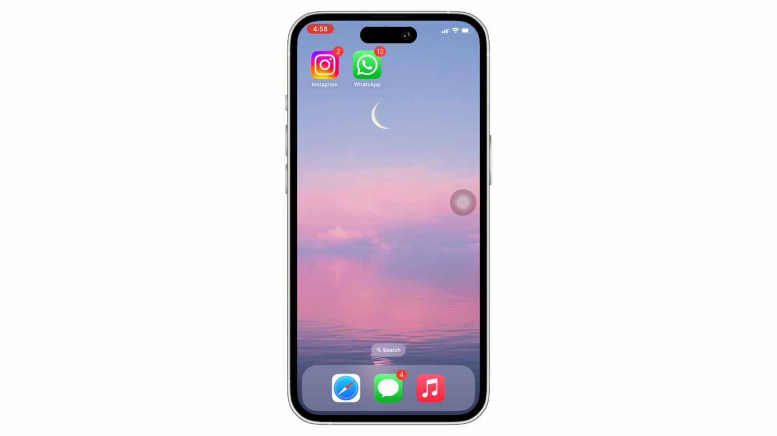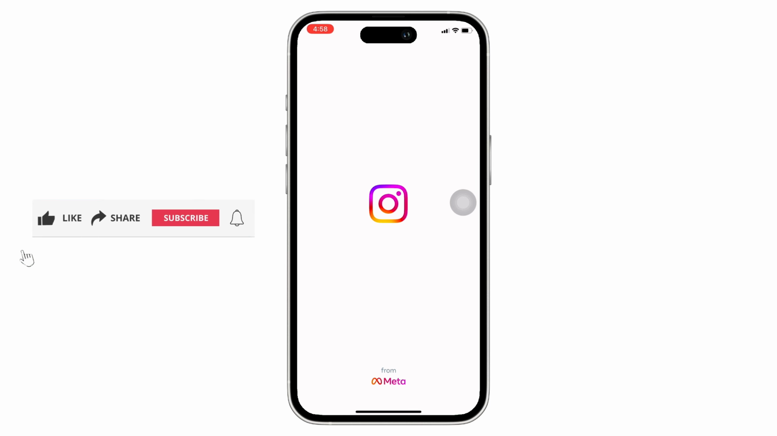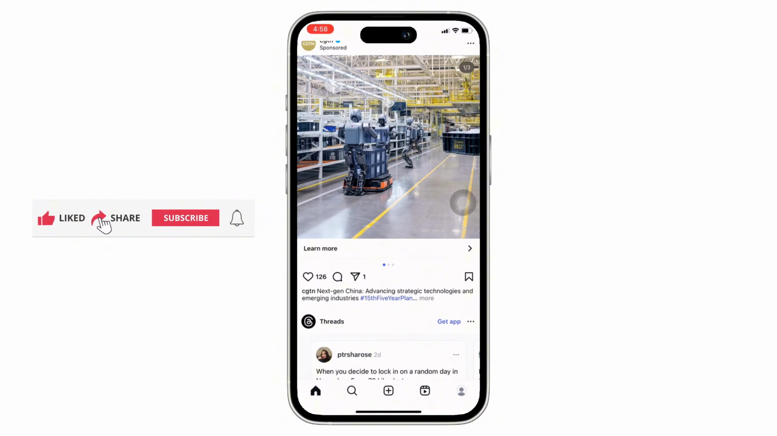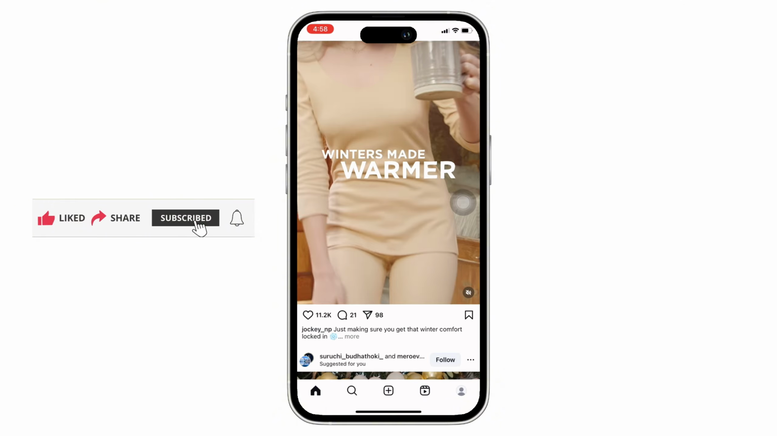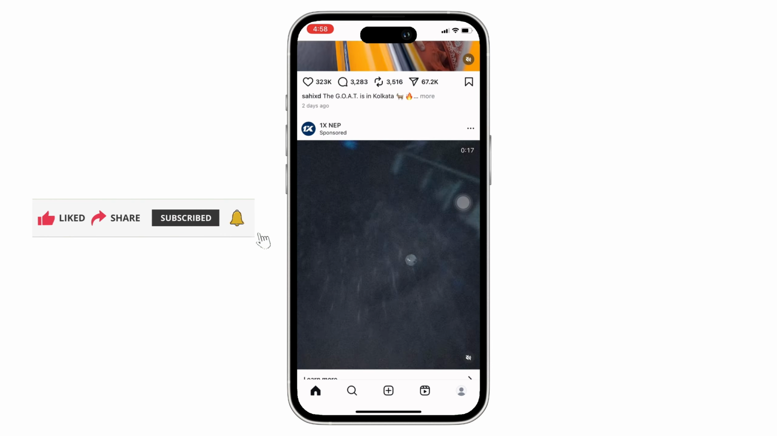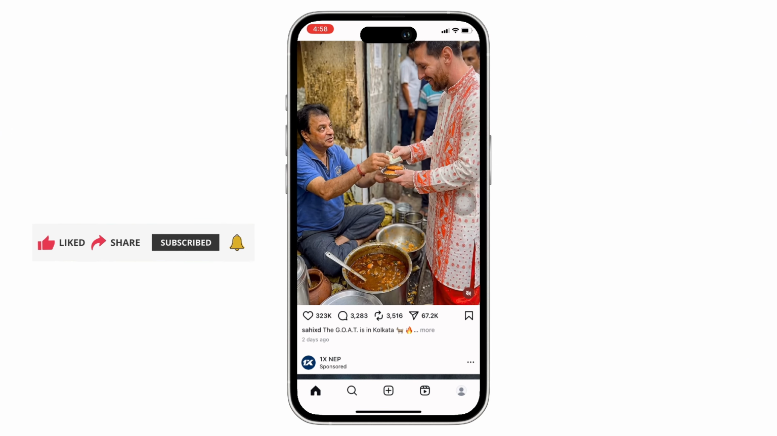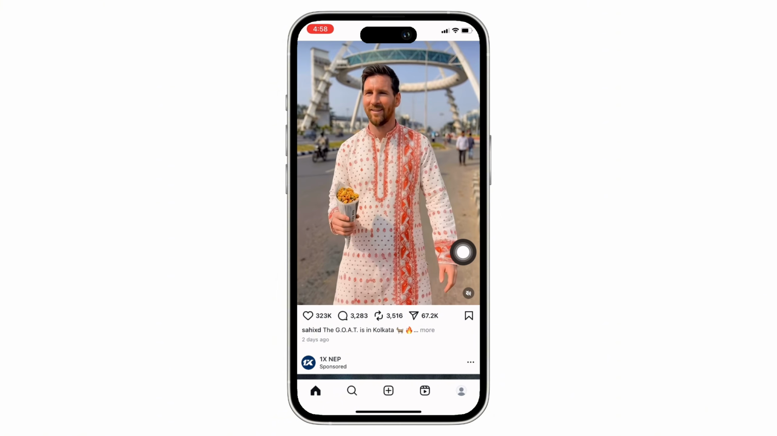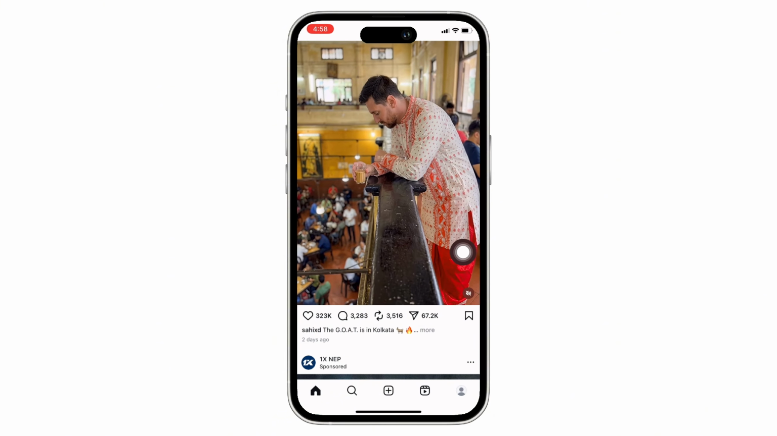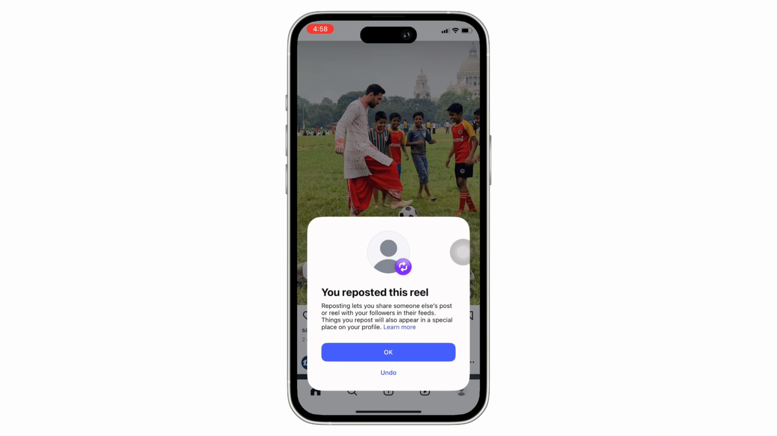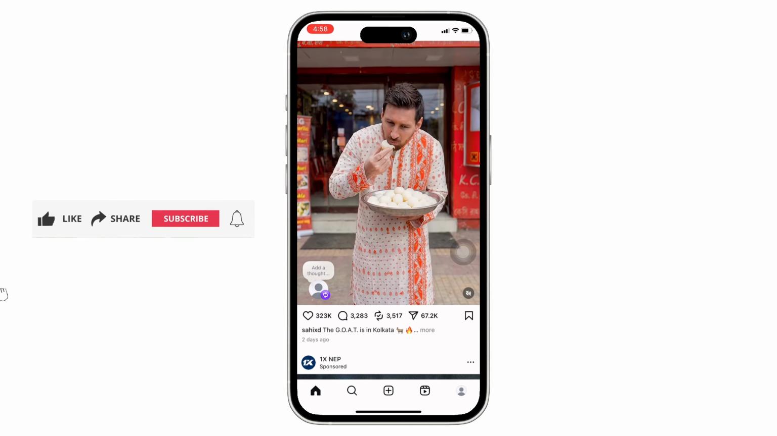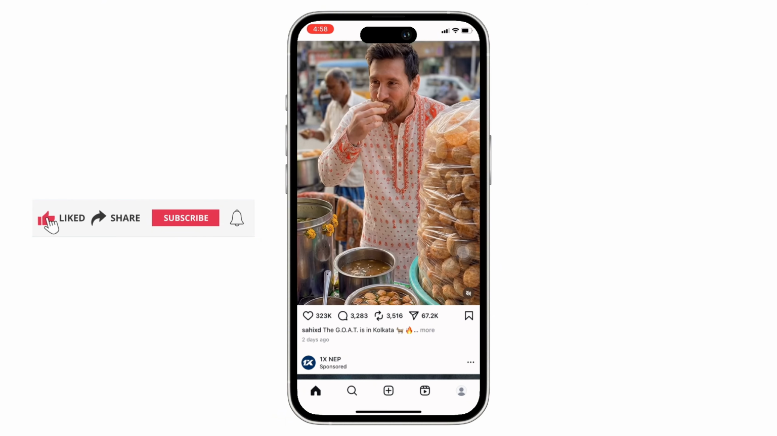First things first, make sure that the post you are trying to repost is repost eligible, as Instagram only allows reposting for certain posts. You can repost public posts, posts from accounts that allow reposting, or regular feed posts. Make sure that you cannot repost private account posts, stories, reels with repost disabled, or older posts with